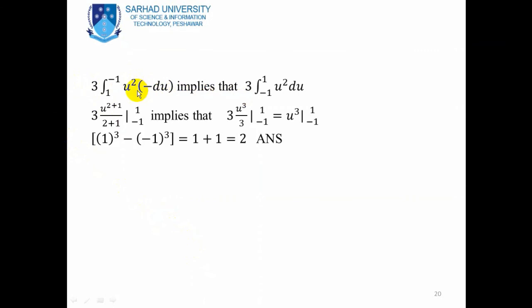Now, like you see over here, the integration of u square with respect to u is equal to u cube divided by 3. So these 3 and 3 terms cancel. So after putting the upper limit and lower limit in the obtained result of u, now the integration limit of u is from minus 1 to 1. So after putting the limit, we obtain the result is equal to 2.